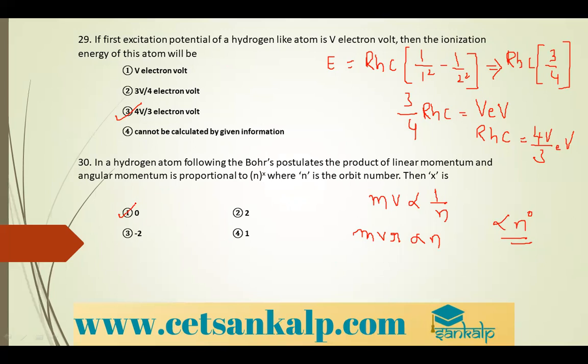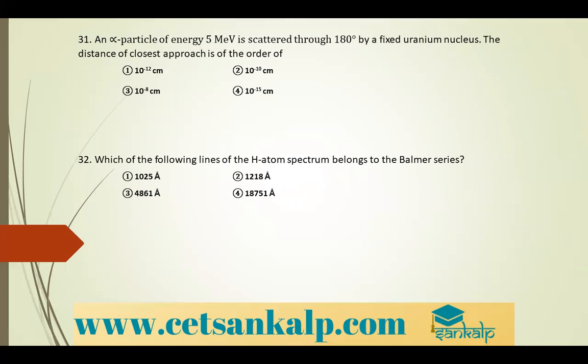I hope you're clear. An alpha particle of energy 5 mega electron volt is scattered through 180 degrees by a fixed uranium nucleus. The distance of the closest approach is... So for the distance of closest approach, you have the formula. R is equal to